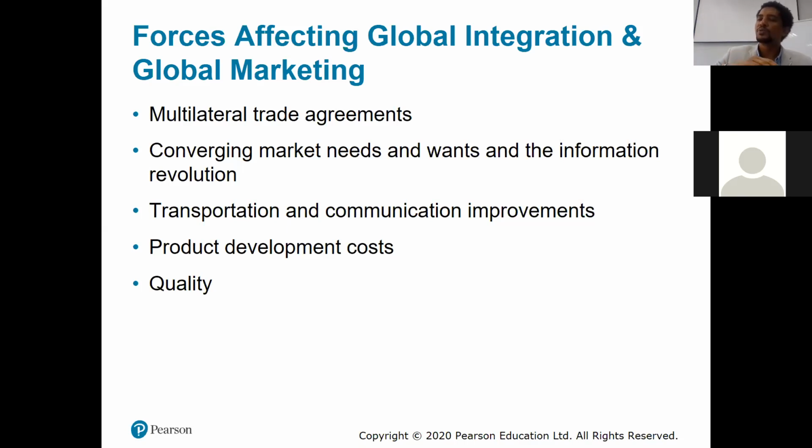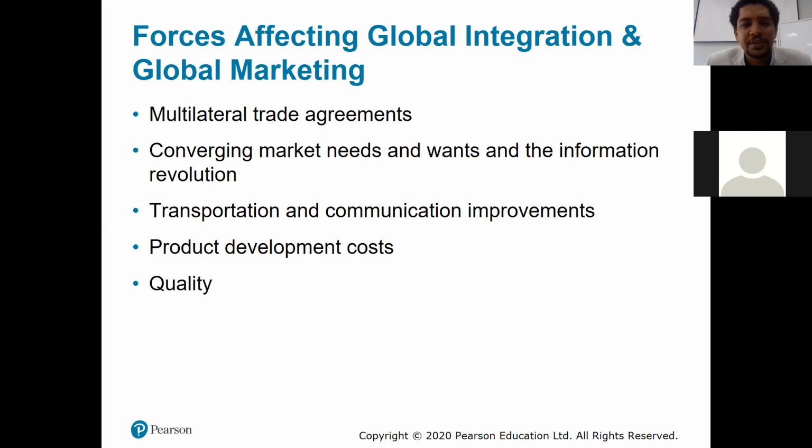So if you go throughout the world, the youngsters have almost similar needs. For example, there is no young generation that hates Nike shoes or Jordan shoes. Every young generation likes to have those shoes. So there is a convergence of needs and wants throughout the world. This is good for global marketing, actually. And these companies also have to have very good global marketing strategies, like Nike and Jordan and other global